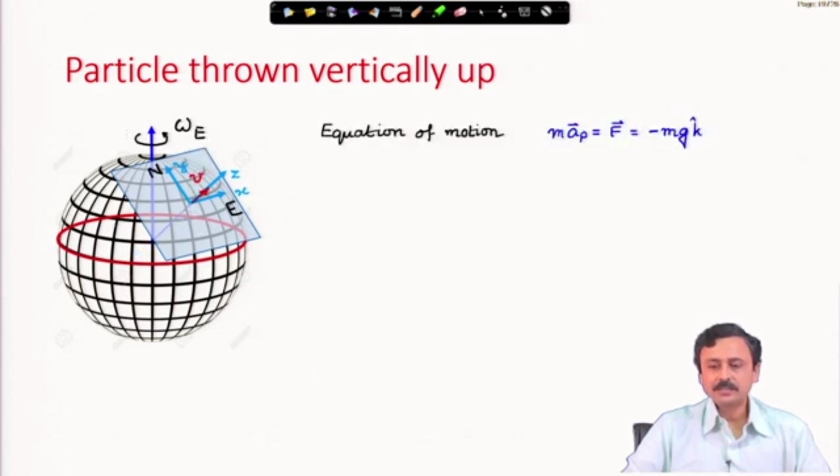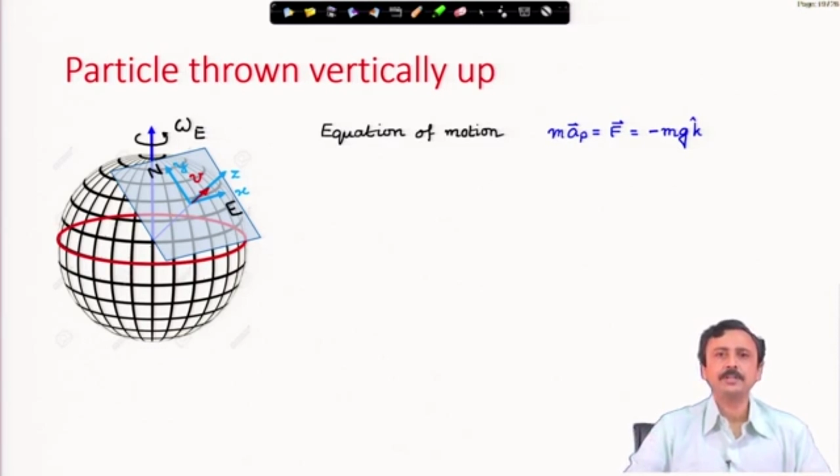Now, the kinematics is all done. We will move to the equation of motion of the particle. Mass of the particle is equal to the summation of all forces on the particle. Now, summation of all forces, air drag, etc., we are neglecting. The only force that acts on the particle when it is moving in air is the weight, and that too